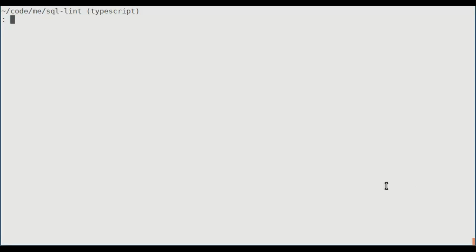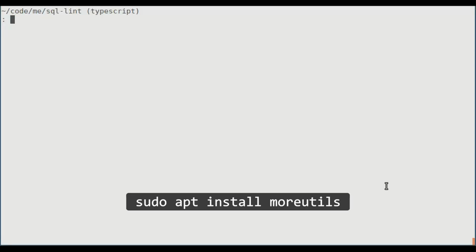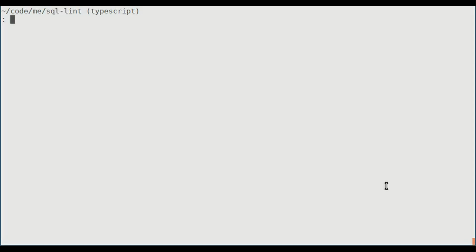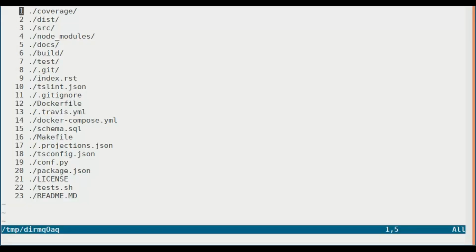Vidir is a program that's contained within the moreutils package. You can rename, edit, delete and copy files all within your favourite text editor. I use Vim. In the following example, I'm going to add the Markdown extension to the license file on line